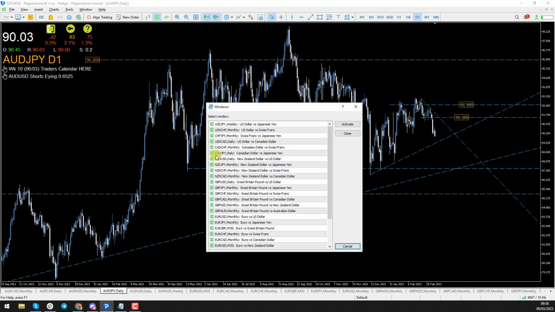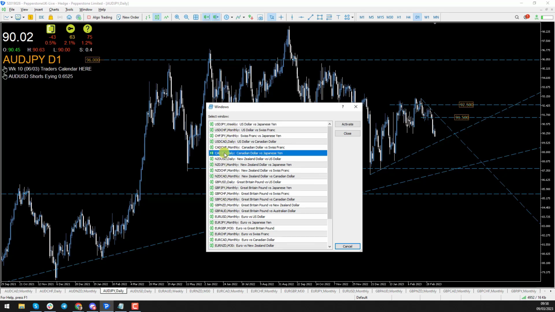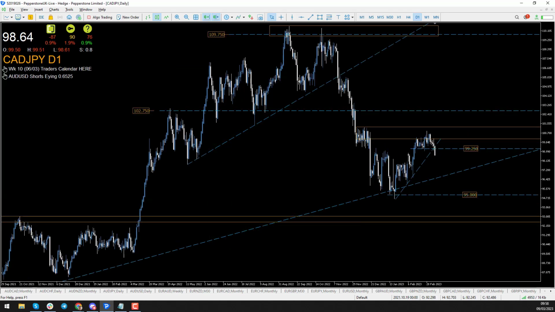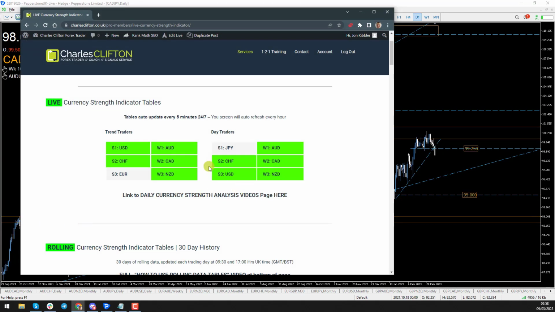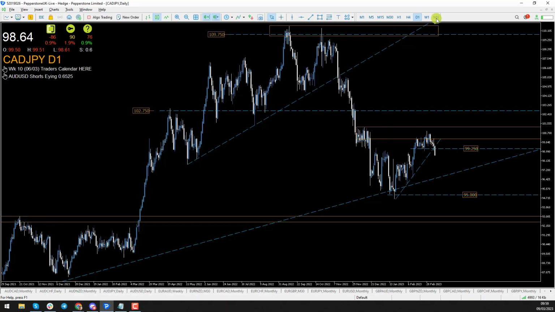Going on to the next chart of interest then, so I really like CAD yen as well, so let's just bring in the CAD yen chart. The reason why I like CAD yen so much is because you can see CAD is weak here on both of our tables. So I was looking around the CAD pairs just to see how the Canadian dollar was shaping up. So if we go down into that pair now,